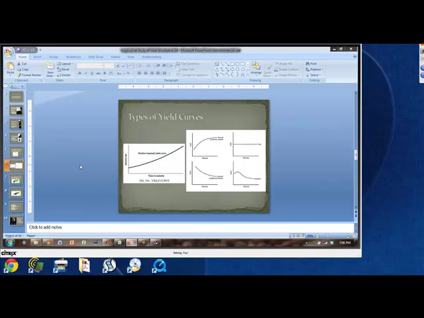Now, there are many different types of yield curves. There is the normal yield curve, shown on the left here, where the low maturities have a lower interest rate than the farther out maturities, like the 30-year. So it's positively sloped. There are other shapes that are possible. You could also have a positively sloped normal yield curve that is shaped this way instead of this way. So there are changes in the actual shape or convexity of the